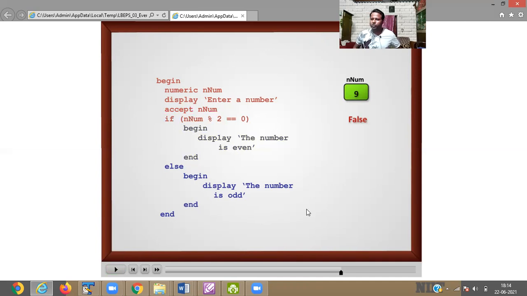Write a pseudocode to check whether the number is even or odd. Okay, write this one.